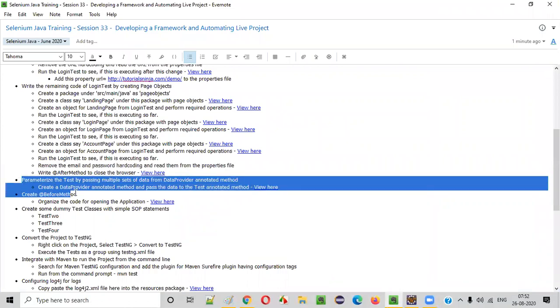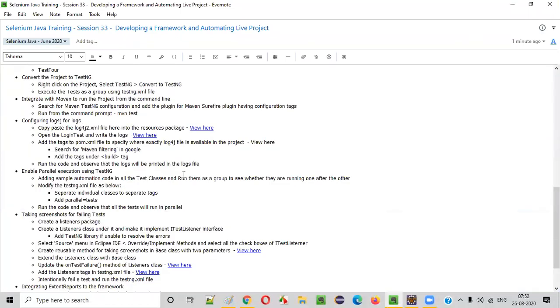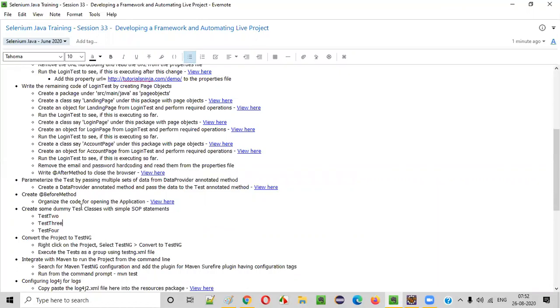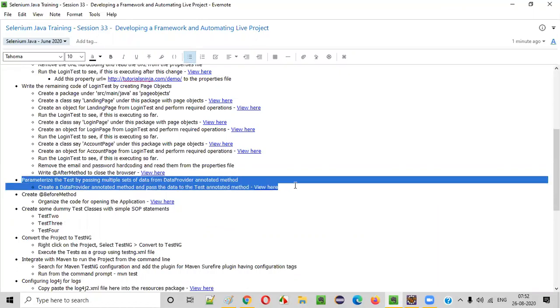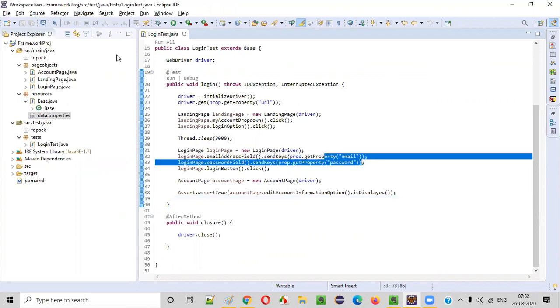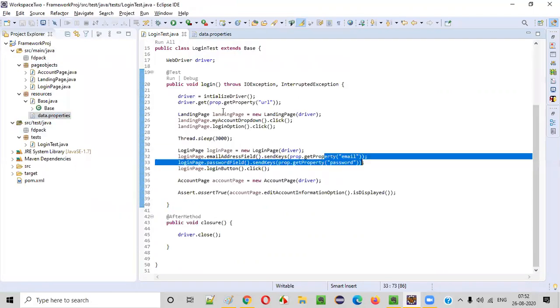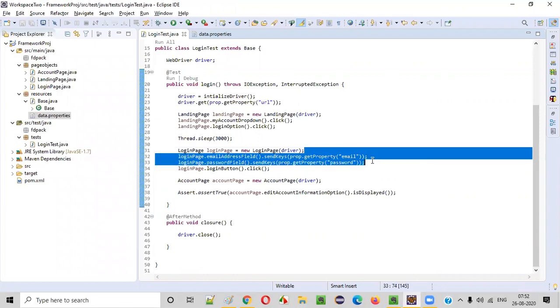Fine. So now, guys, we are done up to here. We have gone through a lot of steps already. Now the next thing is parameterizing the test. I want to make this data driven. How is it possible, guys? Data driven is possible with the help of TestNG, right? Here I am only passing a single email address and single password to this login test method, and these are valid credentials.